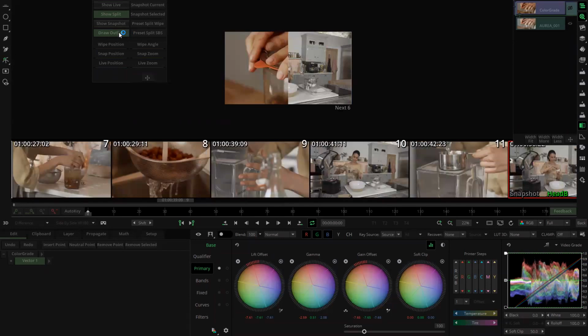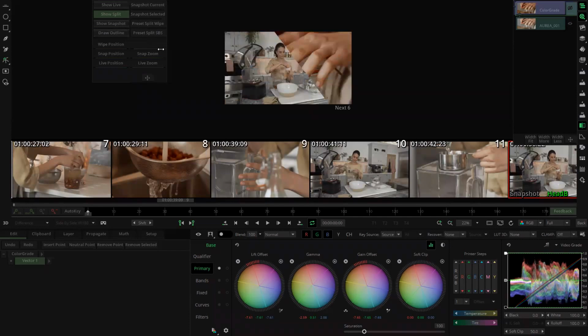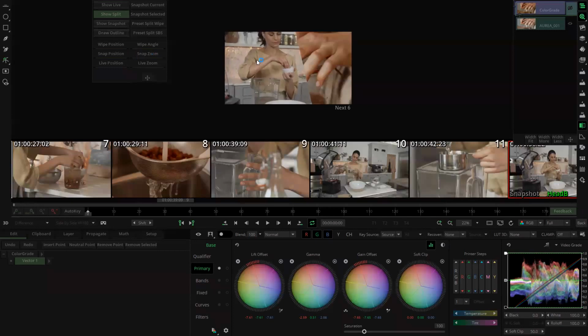Okay, I could take off the draw outline, and I could use one of the side-by-side presets if I wanted to, or side-by-side split wipes here. And then obviously we could change the position of the wipe and/or the angle as well. Or we could also snap, zoom the snap, or change the position of the live clip